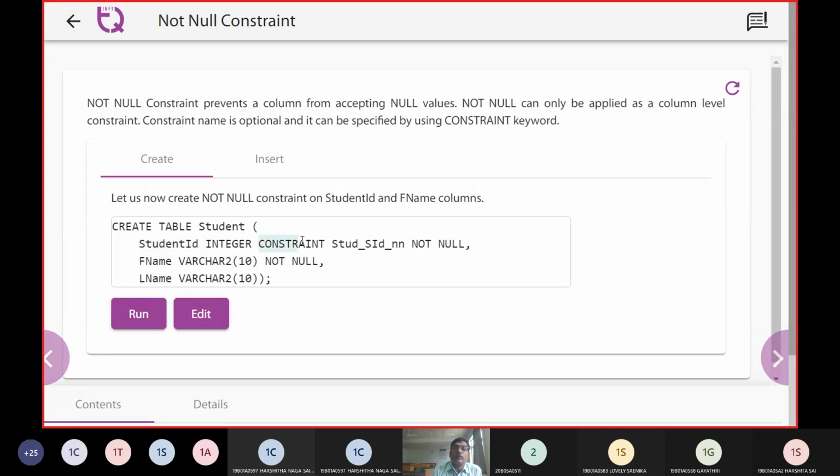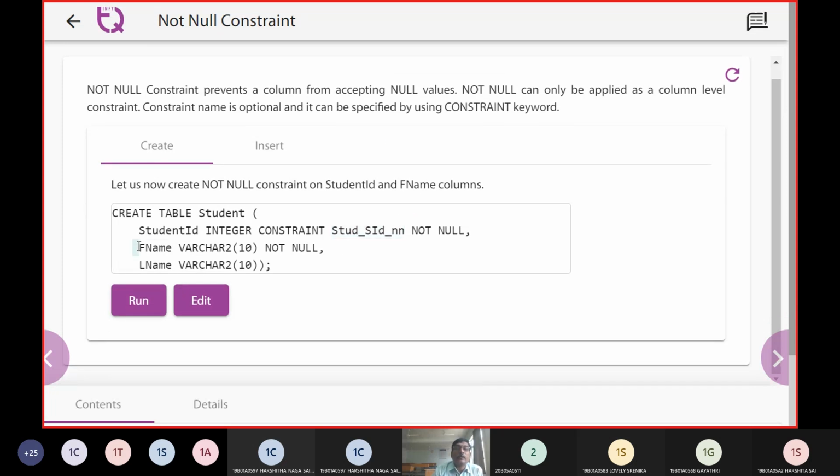And now we are going to pull it up with a constraint, and we define the name of the constraint, that is student SID not null. We are assuming the constraint name as not null, and it is defined with a keyword called not null. So this is the first and foremost observation when we are looking at the not null constraint. For the rest of the things, first name should not be empty, it should be filled with something. So we make this not null.